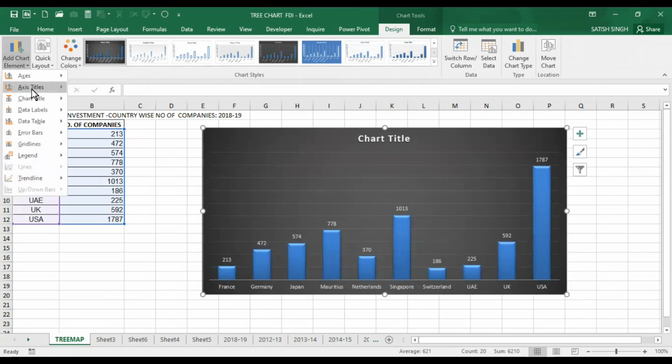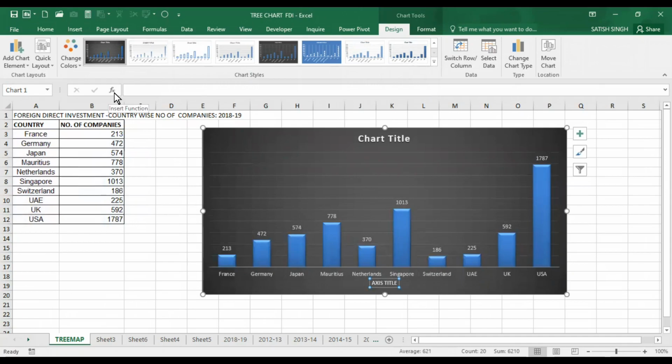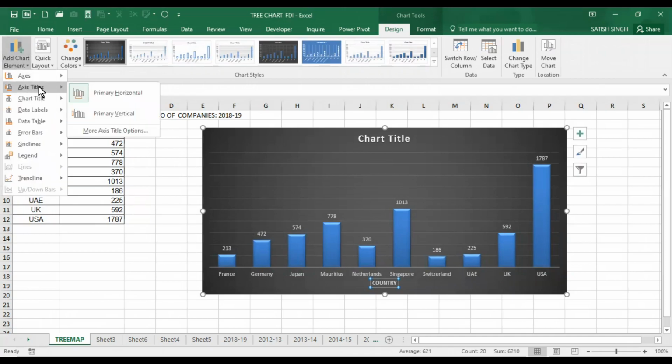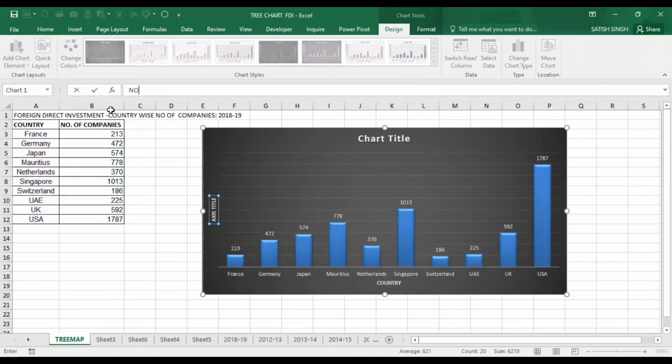Next we have axis titles. On the horizontal axis we simply write Country, and on the vertical axis, Number of Companies. Now we have countries on the x-axis and the number of companies on the y-axis.